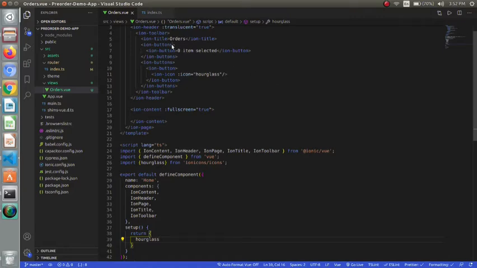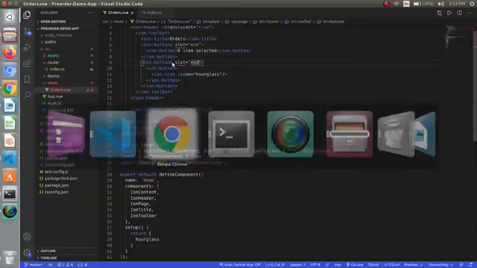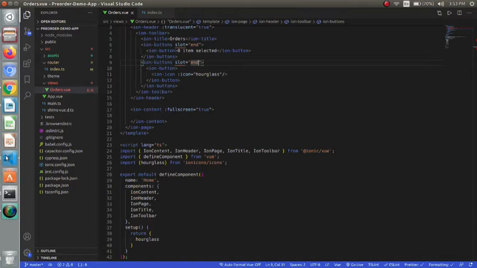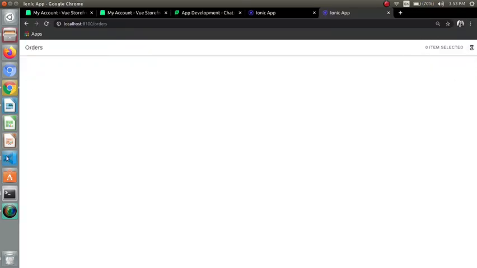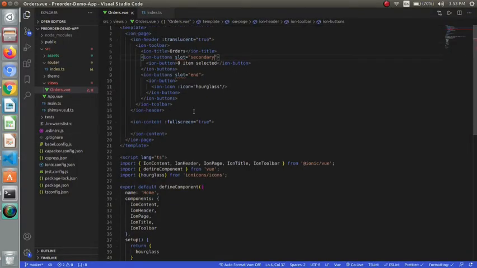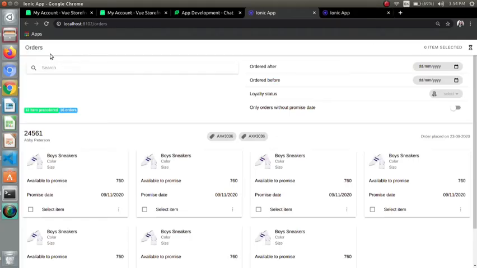Now I will be seeing the slotting part. So firstly I want the buttons in the end, so I will give them the end slot. Both of them are at correct position, but I will be giving secondary slot to my zero item selected because it is at secondary position from the end, and this is the proper syntax to write the slots. So our title part and the toolbar part is completed.